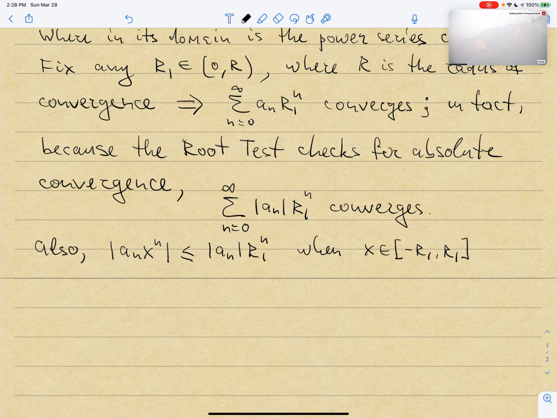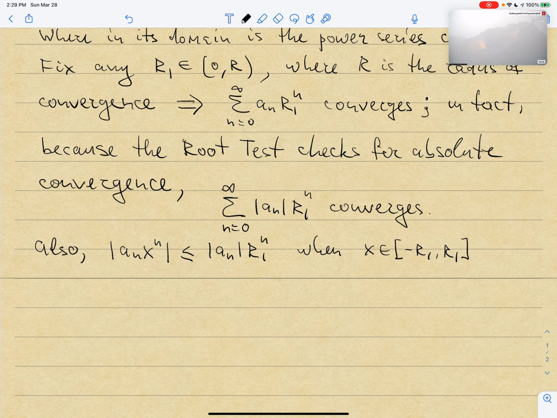And so what have I got? I've got that absolute value of the terms of my series is going to be smaller than the elements of a regular series that converges, and a regular series which consists of positive, which is a sum of positive numbers. And then immediately,